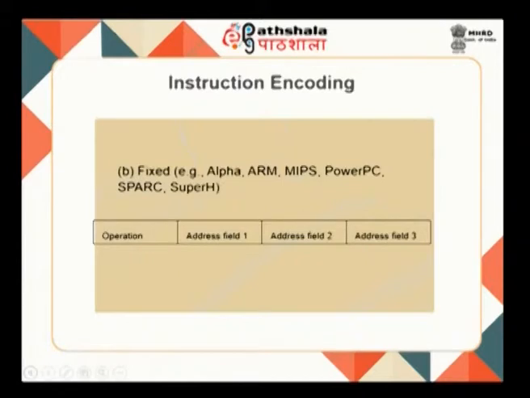When you are looking at a fixed format, all instructions have the same length. So, suppose you have 2 address fields, or a 3 address field, whatever it is, it will fit within only that particular length of an instruction. Say for example, if you are looking at a 32-bit instruction, all instructions will be only of 32 bits,